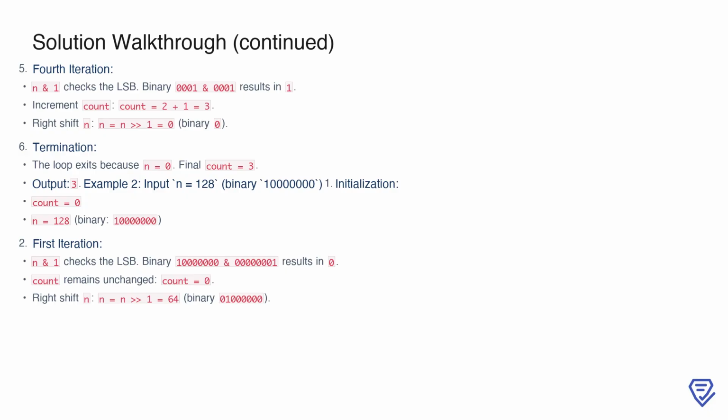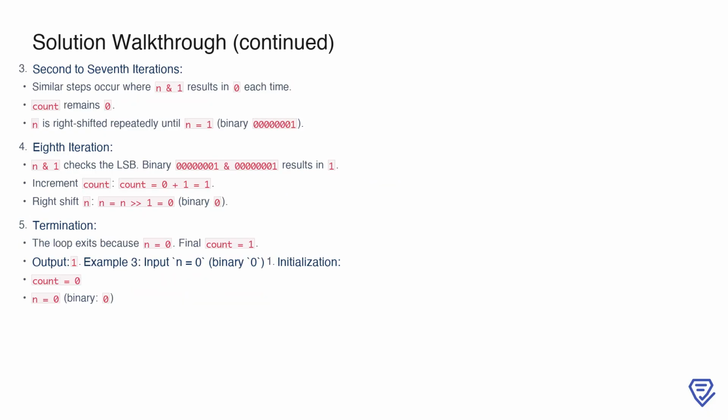We then right-shift N, which updates it to 64, represented as 01000000 in binary. In the second through seventh iterations, similar steps are repeated. Each time, the LSB of N is checked, and since all the bits in these positions are 0, the count remains at 0 throughout. After each iteration, N is right-shifted, reducing its binary representation until it eventually becomes 1, represented as